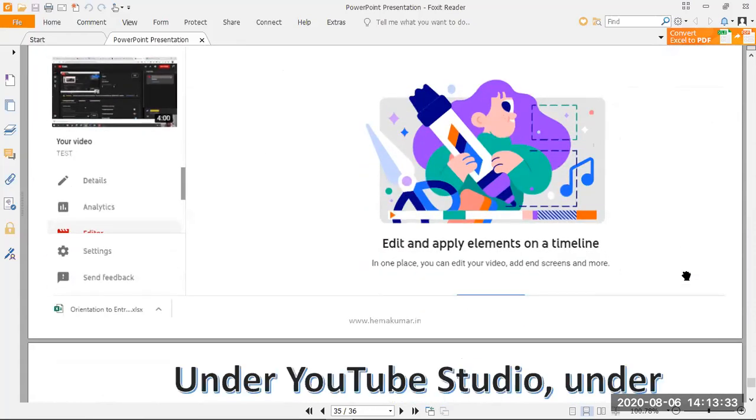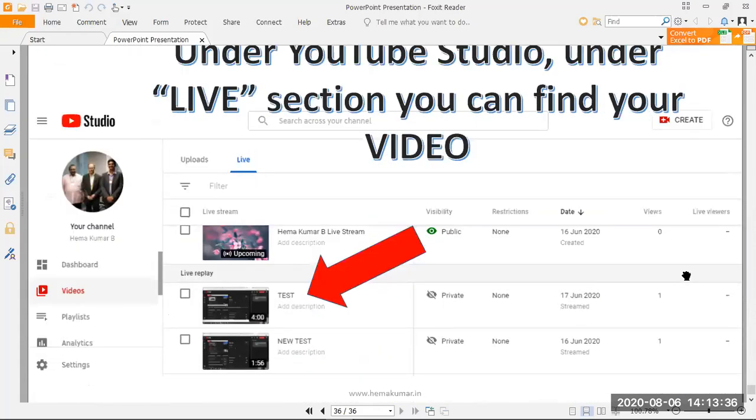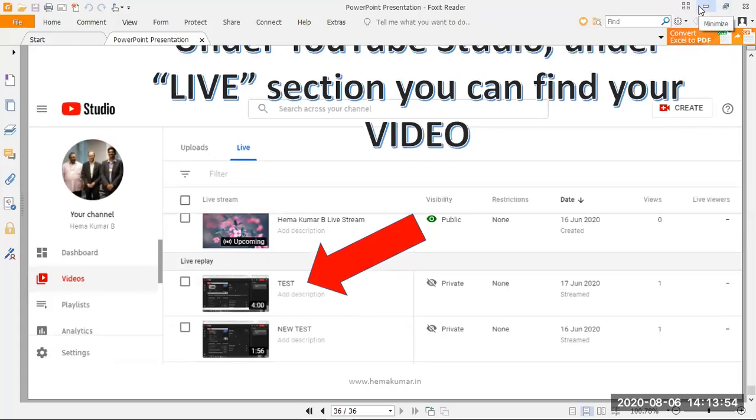Later in your YouTube, you'll be able to see all the videos. In your YouTube Studio, you have two tabs, upload and live. Whatever video is under live, that is the video you have recently recorded. So that's how you will be using